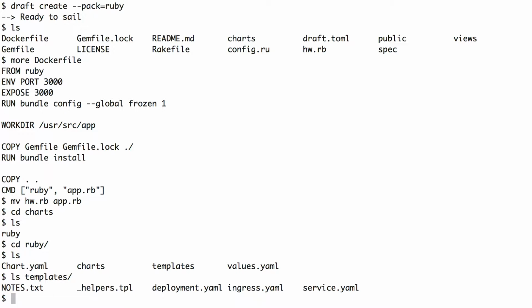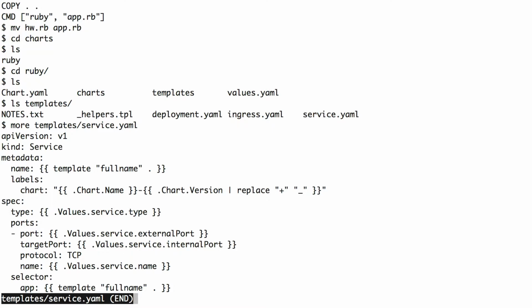You might want an ingress controller enabled. In this case, for our Minikube environment, I actually did add the ingress add-on package, so we could actually turn on the ingress package. And lastly, there's a services component. And these are templates. This is a Go-based templating language. If we just wanted to look at one of those real quick, like the service template, this will build out